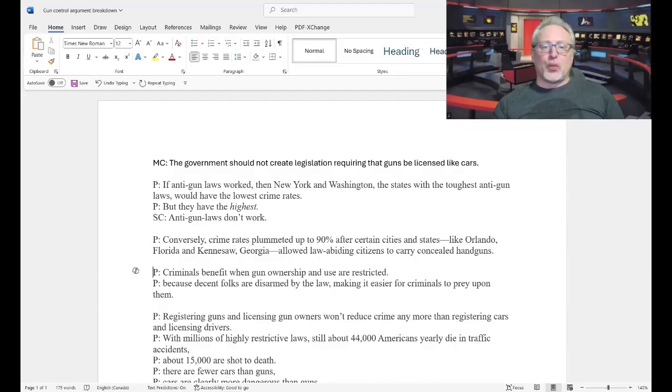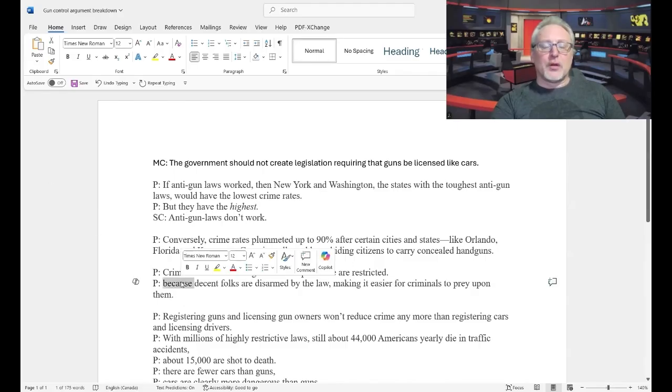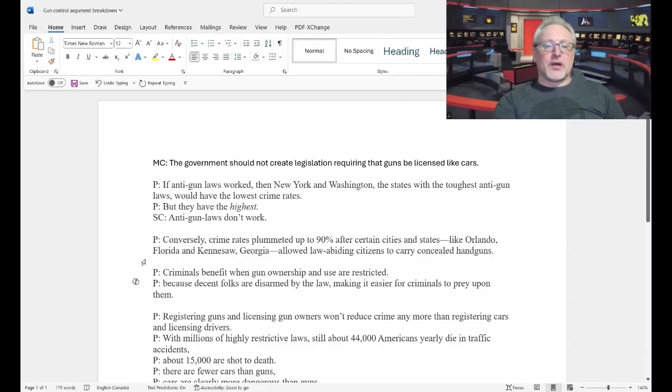Criminals benefit when gun ownership and use are restricted because decent folks are disarmed by the law, making it easier for criminals to prey upon them. Okay, so you will notice that we have an indicator word here. You remember the indicator words that tell us about premises and conclusions. The word because indicates a premise. And in the original sentence from the text, before I broke it up into two different statements,